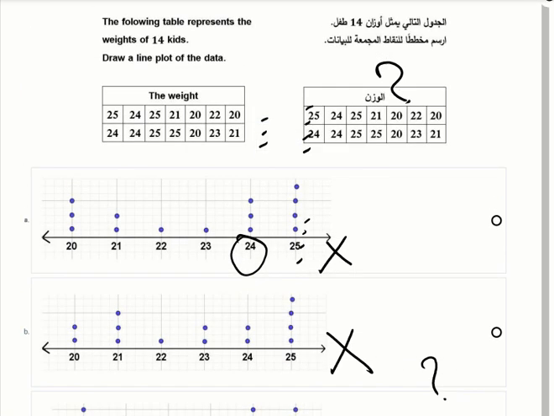So for 20, how are we going to check here? Count it. For 20, 1, 2, and 3. For 20 we have 3 dots only. So this option is correct. Okay, the first one. The last one is wrong, because all other options are the same. But what you can do here, it's very easy. Just count every number and count how many times it occurs. So the number of counts will be the number of dots. Okay. Now another question can be,